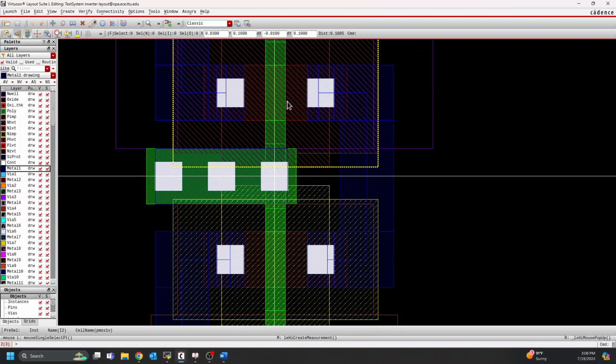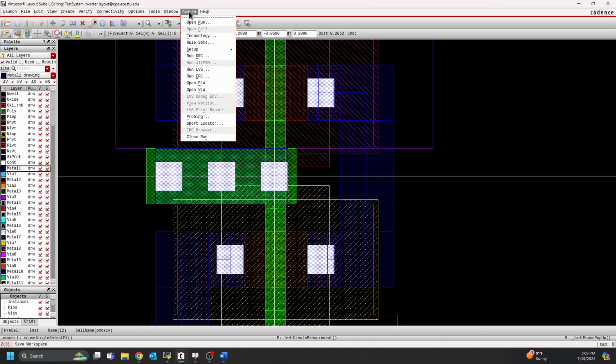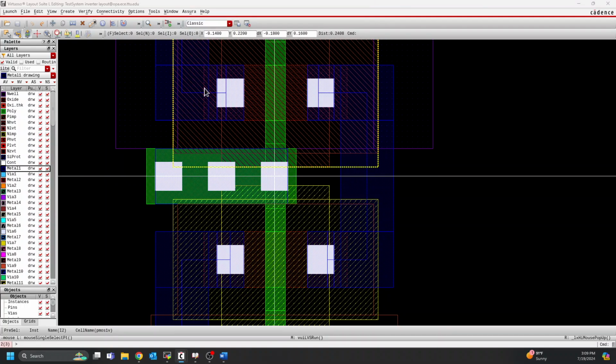So in order to compare our layout to our schematic, we actually have to use the LVS tool, and that stands for layout versus schematic. What that does is extract the layout, and pretty much what that means is it will convert it back into a pseudo schematic, and then compare that extracted pseudo schematic to your actual schematic to see if it has the same functionality. Now, the way that we run this is we're going to do Assura and then run LVS,